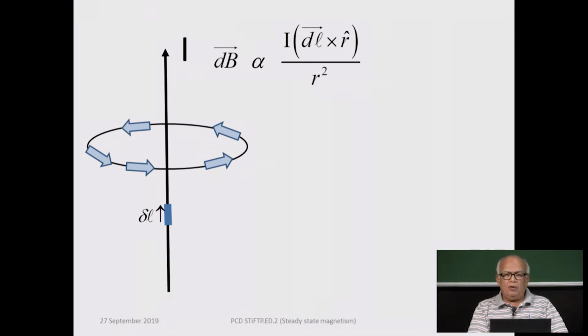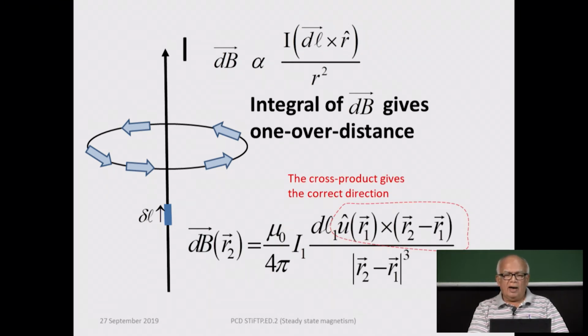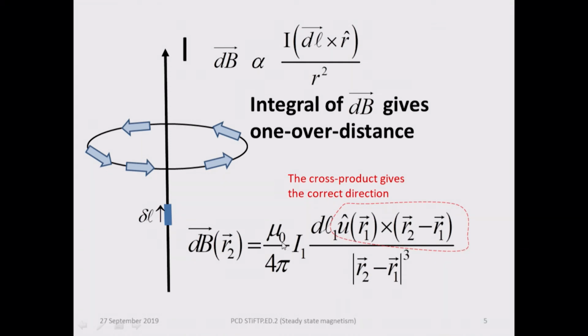So, now you can construct a formal relationship based on this, knowing that the integral of this gives you the 1 over distance, right. And this law would be the same relationship. It is only the proportionality which has now been plugged in, that the magnetic field at a given point, at a field point R2, will be then given by the proportionality which involves the magnetic permeability of free space divided